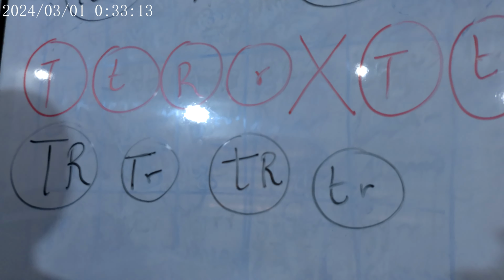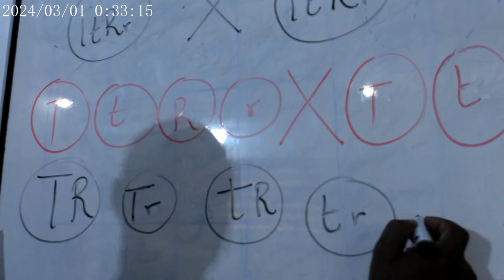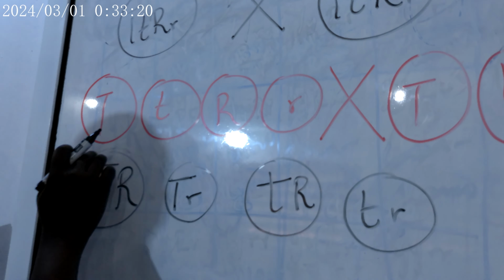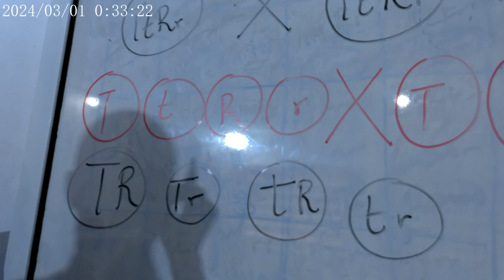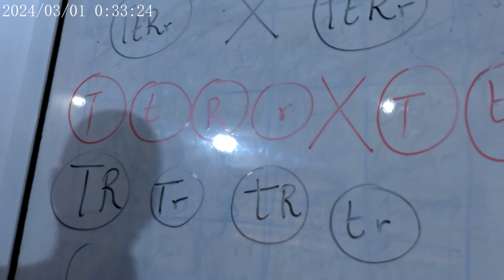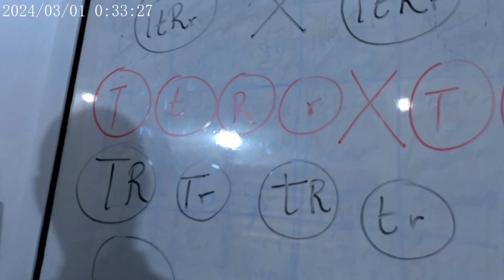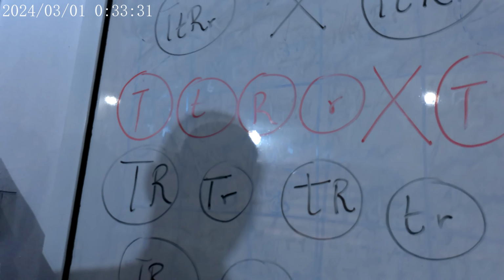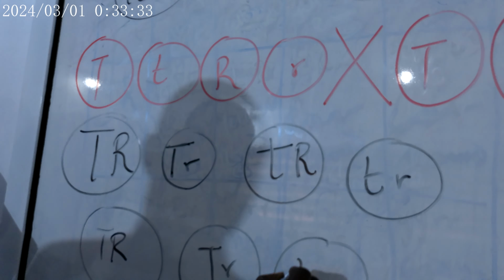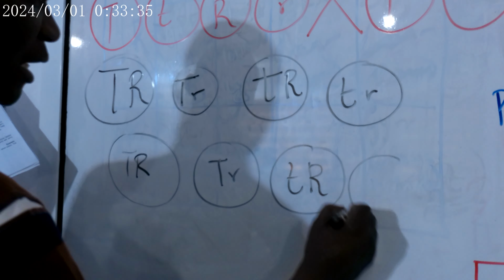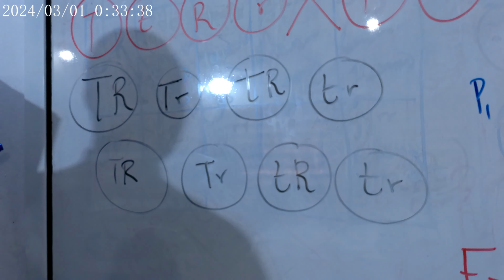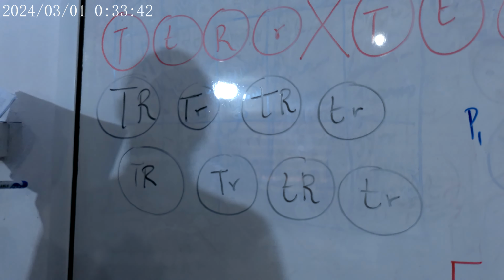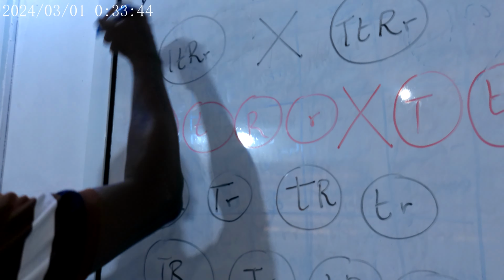So this is going to be the set of gametes they are going to have, because when you cross this one with this, the second set of offspring too is going to be the same, TR and TR as well, so that this will now form the set of gametes. I told you that for verification